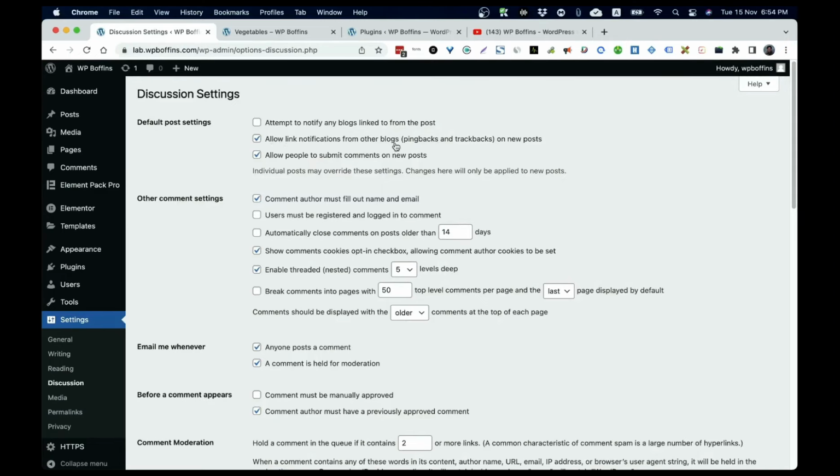Allow link notifications from other blogs, that is, the first one was for you sending them a request or notification. The second one is for them sending you a notification when they're linking to you. And allow people to submit comments on new posts. That means that if you have this checked, then people can comment, otherwise people can't comment on the new post. Okay, the next option is